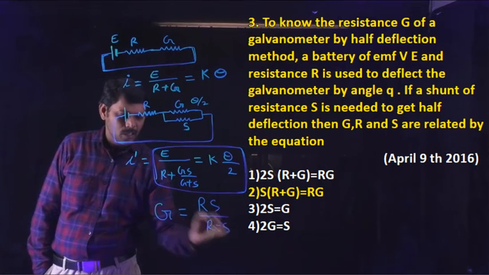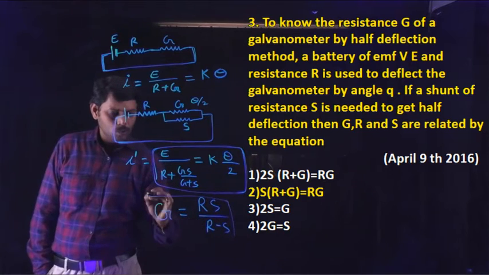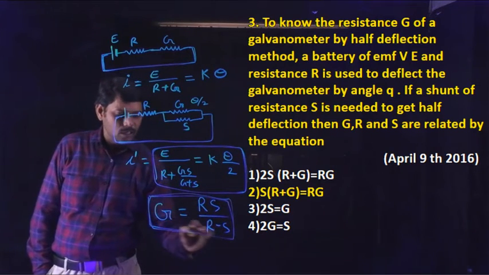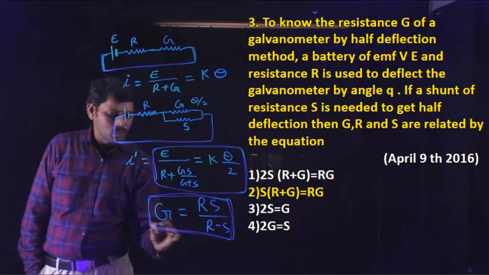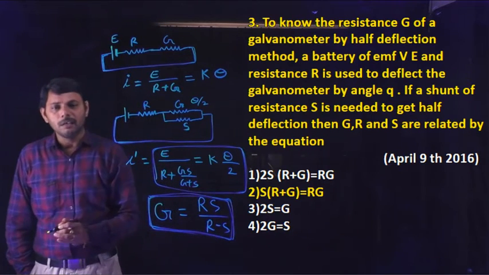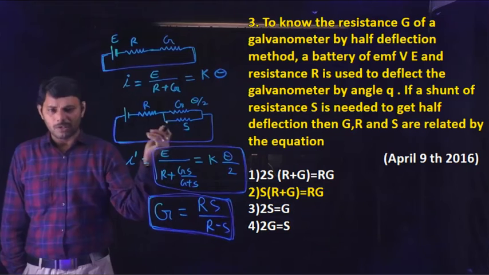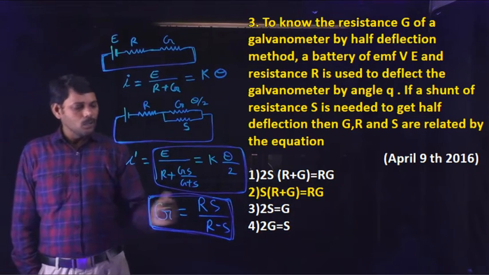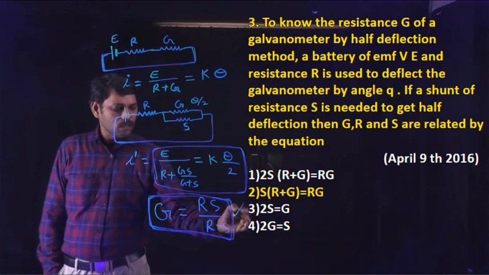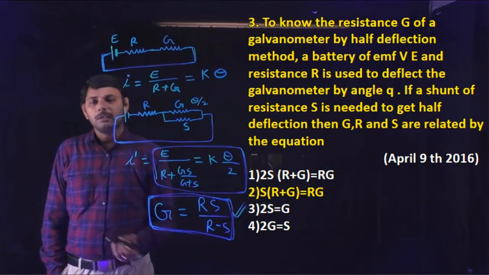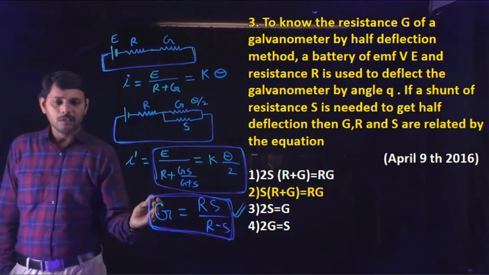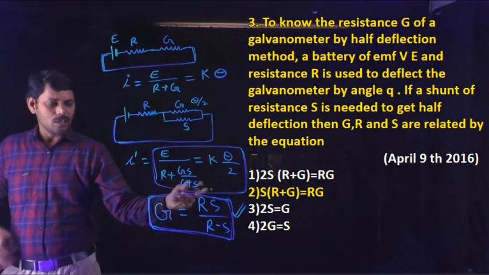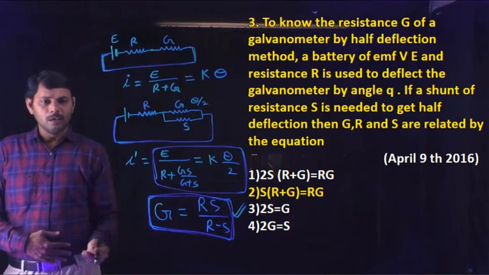Remember, students, while solving the problem, there is no need to derive the whole thing that I explained so far. You can use it directly in JEE Main. All these are previous JEE Main questions given in the galvanometer topic. Here you can use this formula directly. In the half deflection method, the galvanometer resistance is calculated by the direct formula Z is equal to R into S by R minus S.